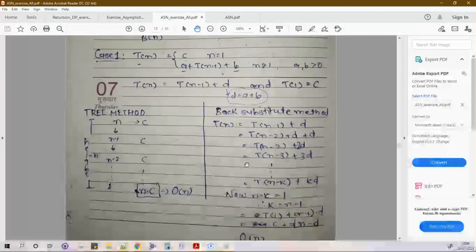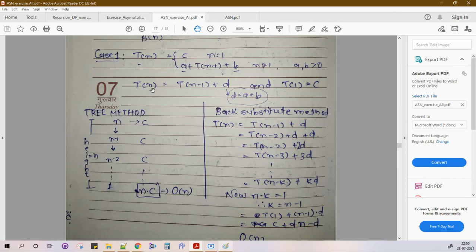Order of n. If you want to go one more step deeper, I am refraining from going much deeper because we have less time. See, we have n amount of work to do. At every recursive call, I am just doing one unit of work. T(n), I am converting it to T(n minus 1), and I am just doing one unit of work, right?